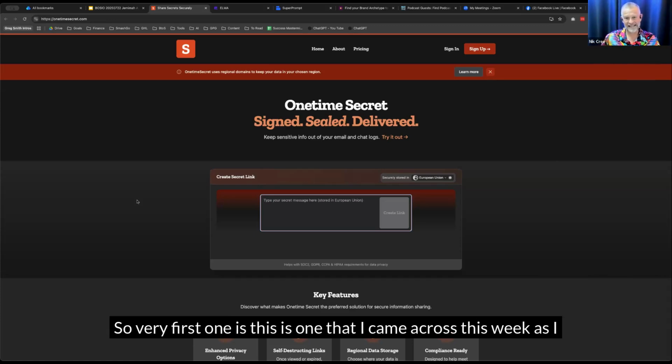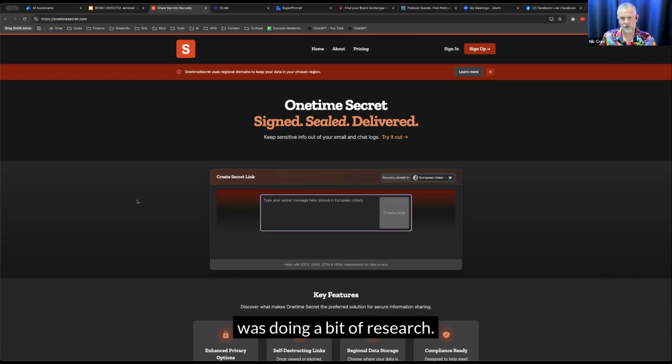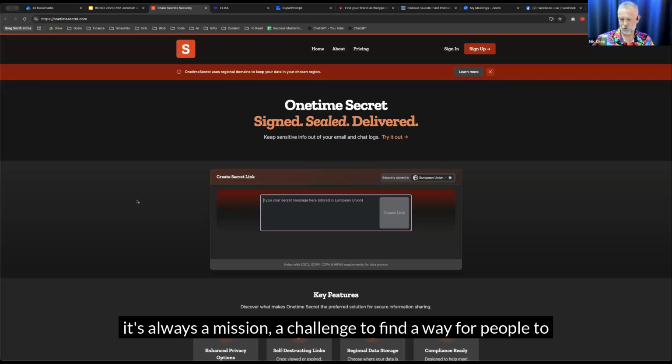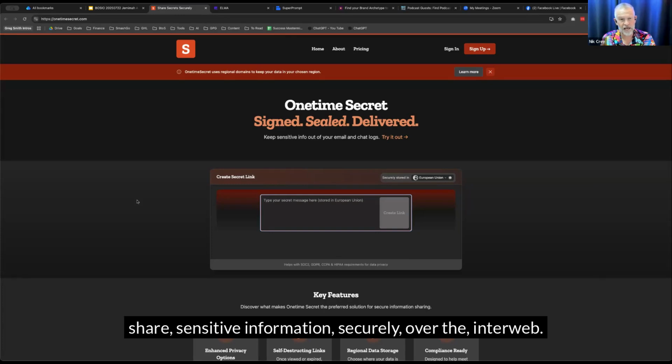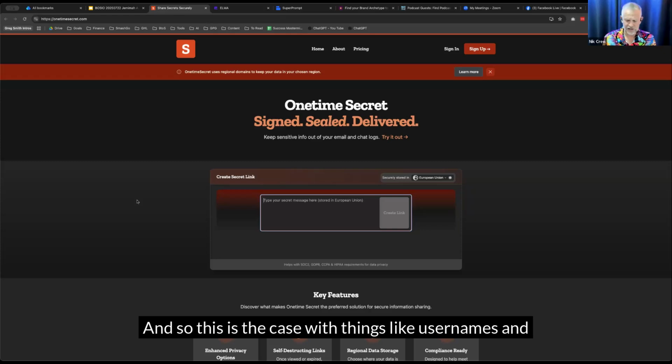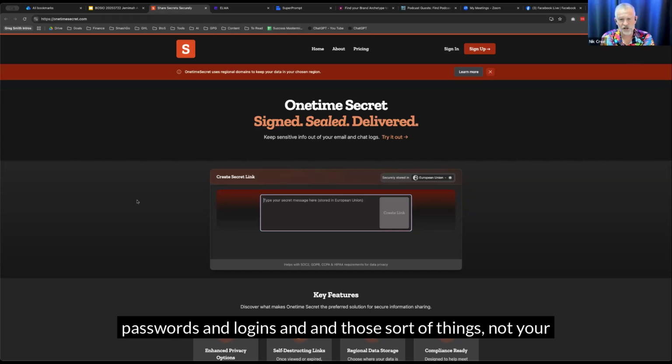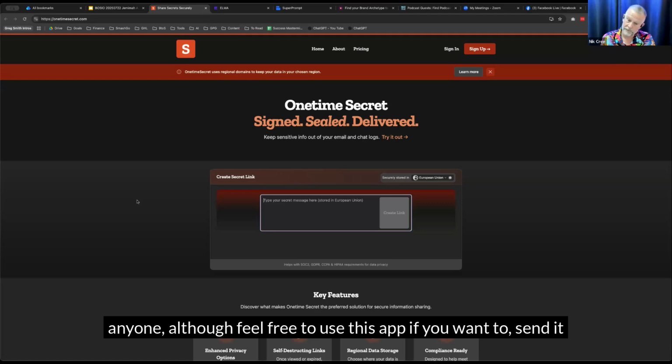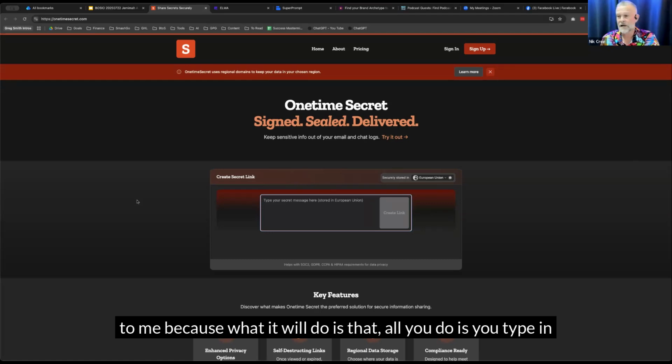So the very first one is one that I came across this week as I was doing a bit of research. It's always a challenge to find a way for people to share sensitive information securely over the interweb. This is the case with things like usernames and passwords and logins. Not your deepest, darkest secret that you don't want to reveal to anyone, although feel free to use this app if you want to send it to me, because all you do is